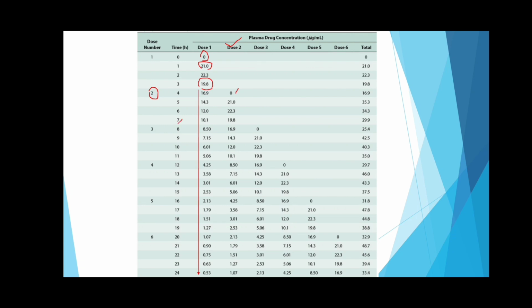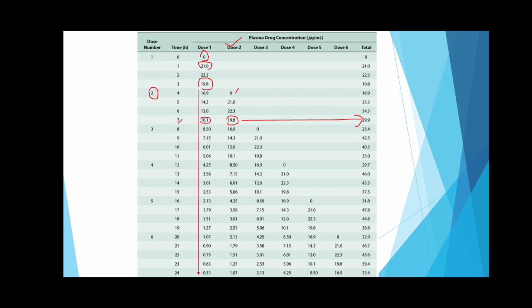Now we know at every third hour the dose will be at the Cmax. So for the second dose it will be at the 7th hour. You can see at the 7th hour it will be the maximum, that is 19.8, but at the 7th hour a little bit of the first dose will also be remaining, that is 10.1, and in total you can see the amount of the drug remaining in our body at the 7th hour will be